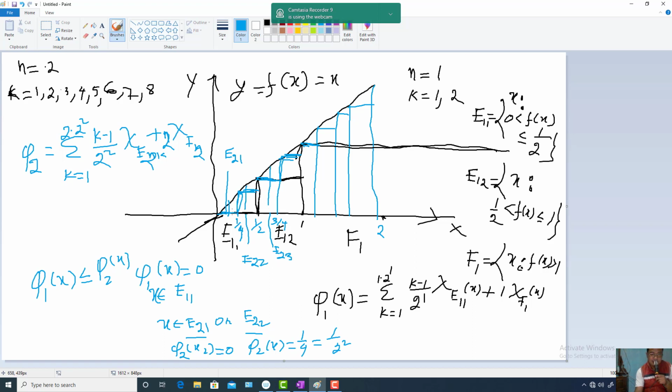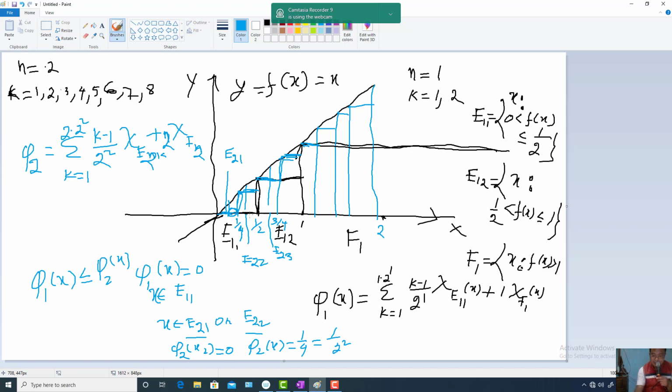Okay, so here in the second case, here it is 0, no? In this area it is 0, but in the third step it will not be 0, it will be 1 upon 2 to the power cube, that is 1 by 8. So in that way phi 3 will be greater than phi 2. Okay, phi 4 will be greater than phi 3, like that. So by this construction you are getting a sequence of